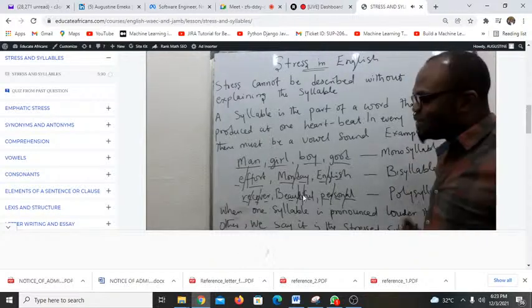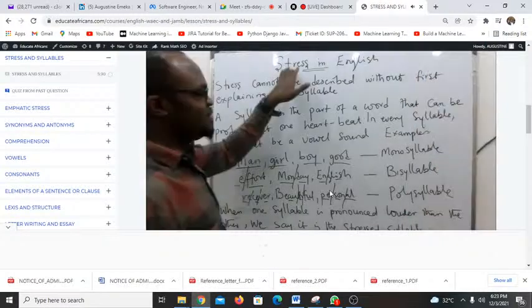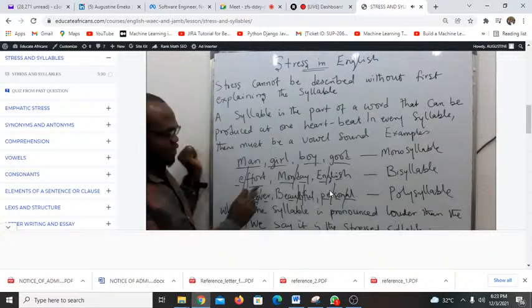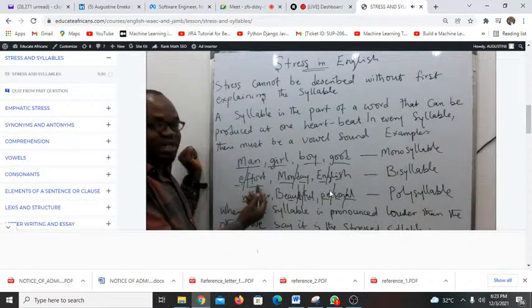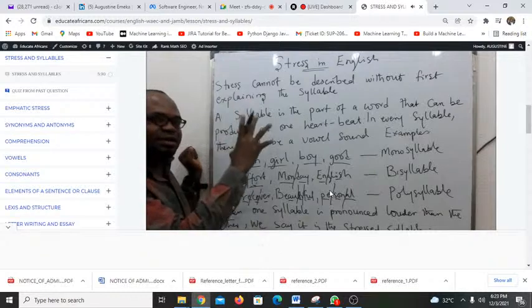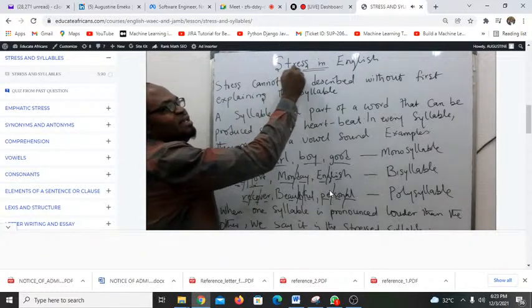So having understood what syllable is, that's when you can easily understand what stress is now. Now, when you pronounce this word effort, which one do you pronounce louder than the other? The one you pronounce louder than the other in these two parts of this word. Is it the ef or the fort? The one that is louder is where the stress is on.